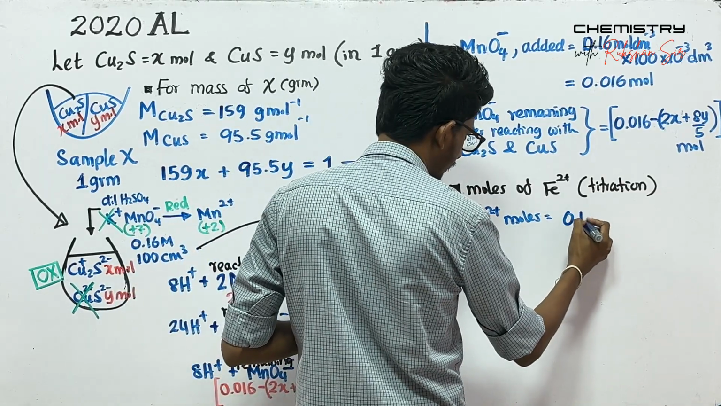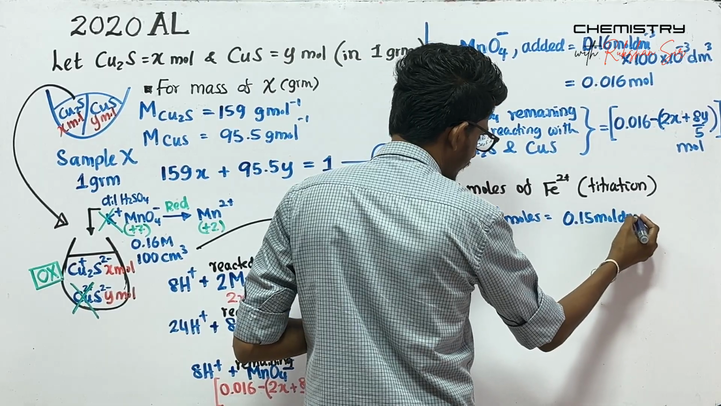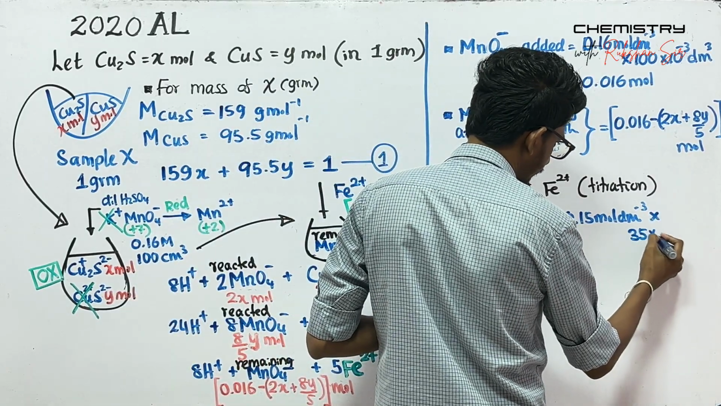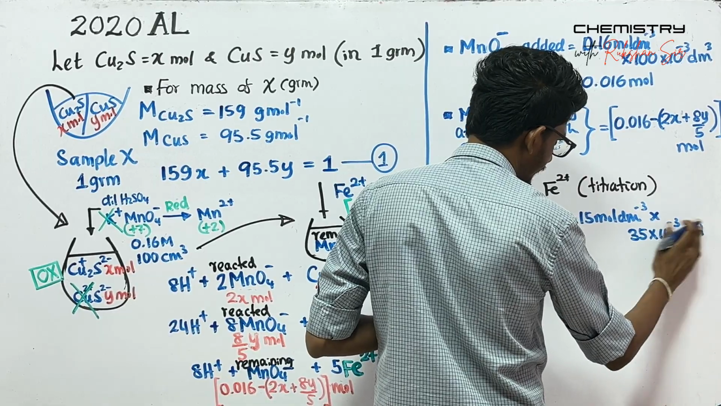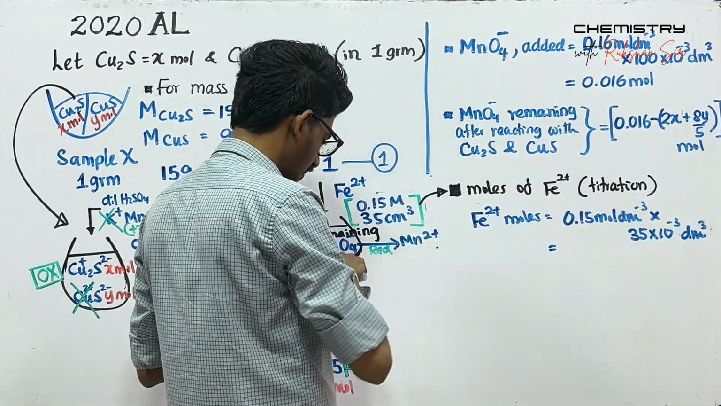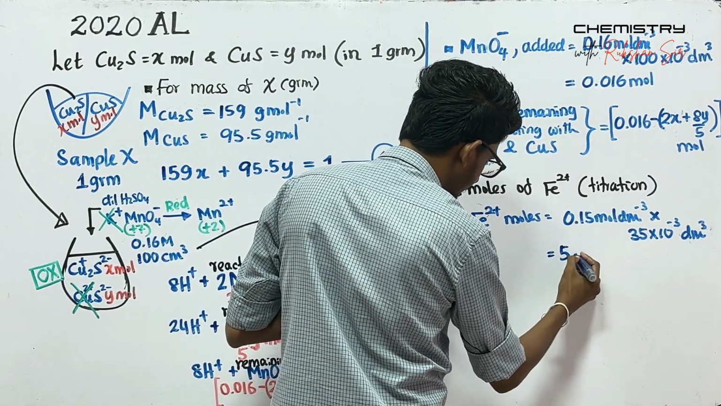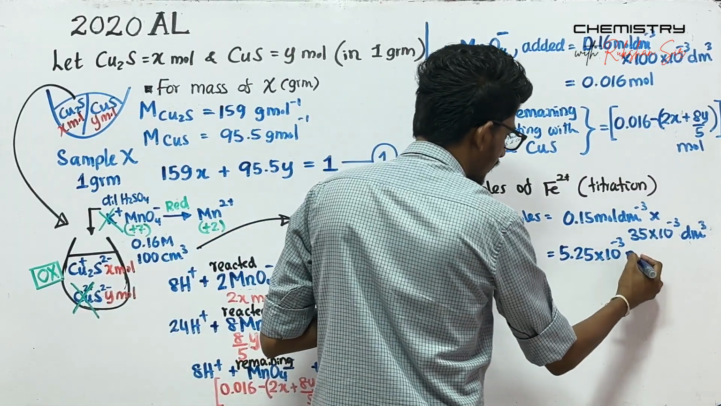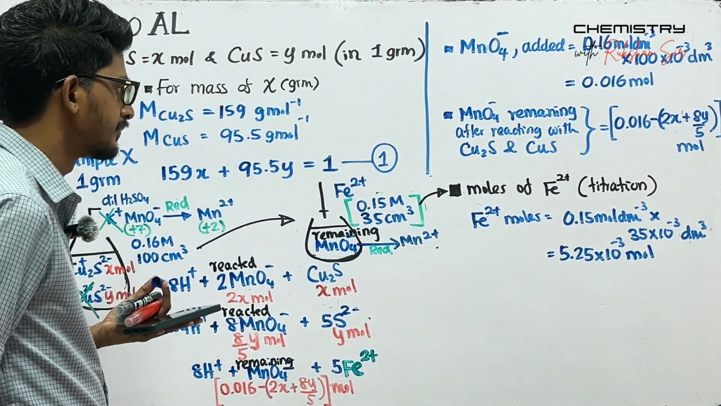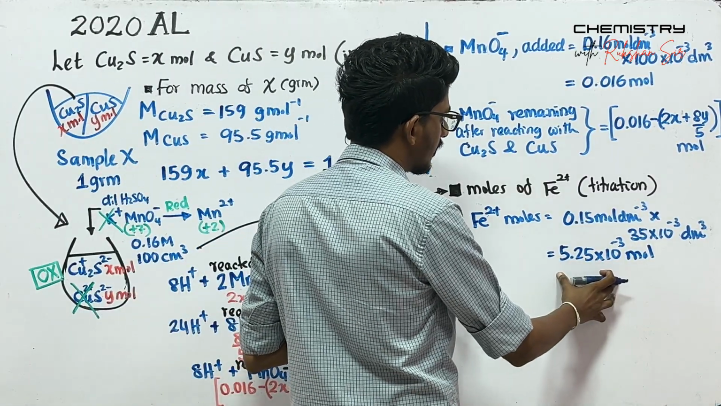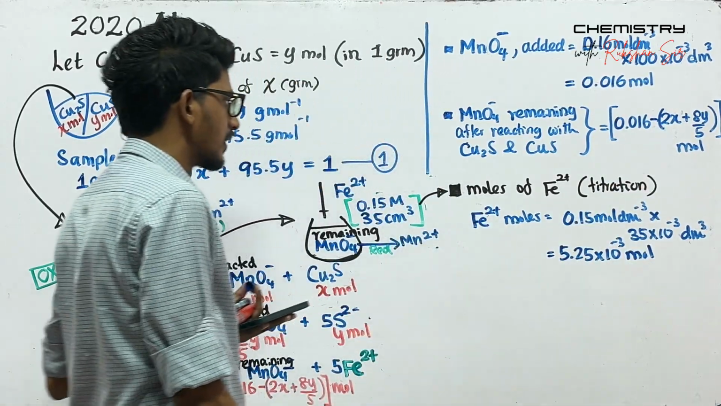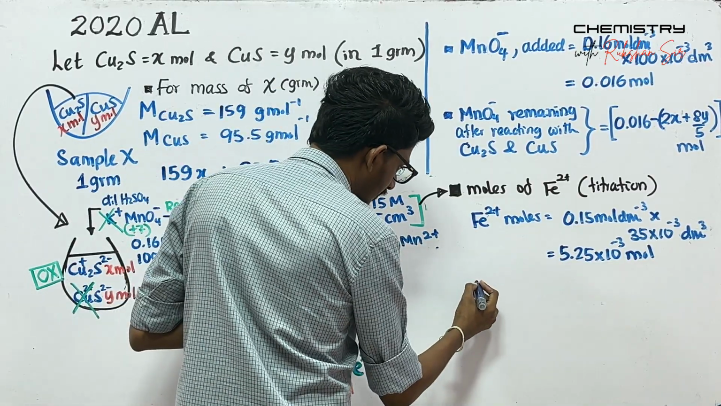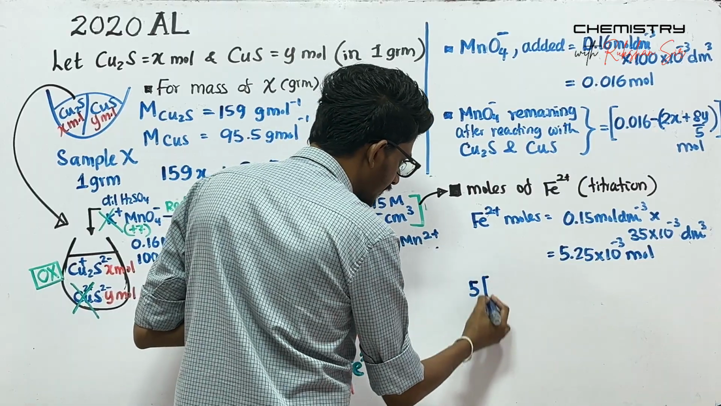the 0.15 concentration into 35 to the power minus 3 into 5.25 into the power minus 3 in moles, right? Okay, so that value is equal to 5 times of this one, right? 1 to 5, no? So we can write 5 times of this one,